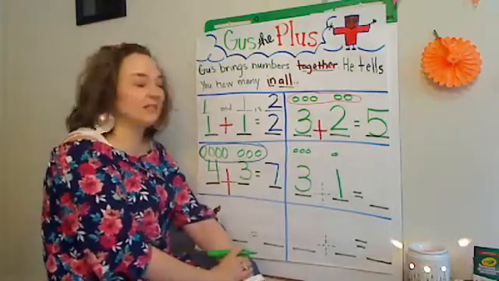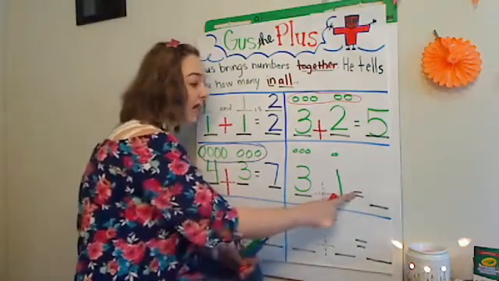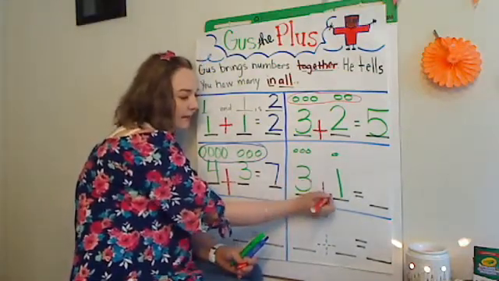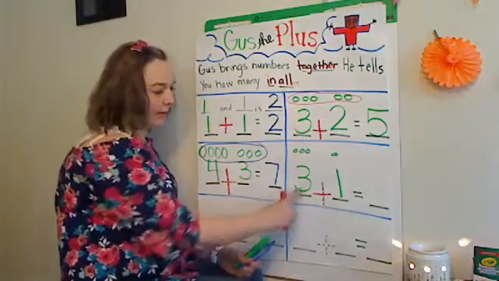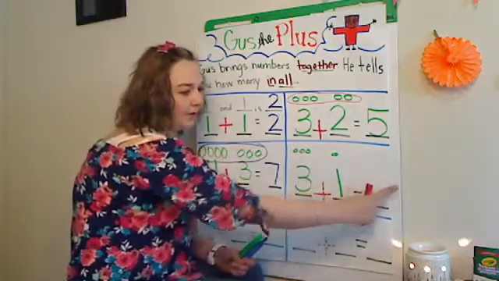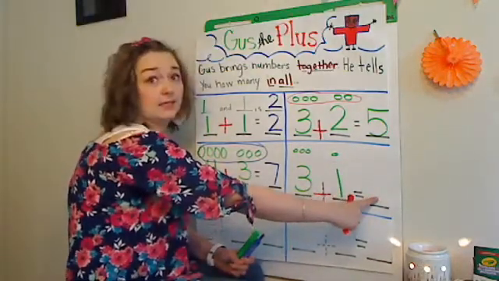Nothing fancy. This is math. So we got 3 from Mrs. Gulbranson. I got 1, or you got 1 from your mom. And we're going to add them together. So we're going to bring them together. Remember, part, whole. Part, whole. Part, whole. Okay, so 3 and 1 is